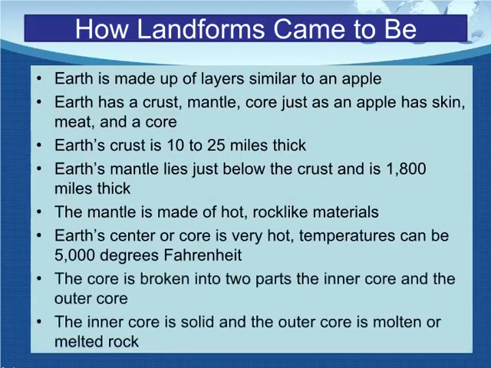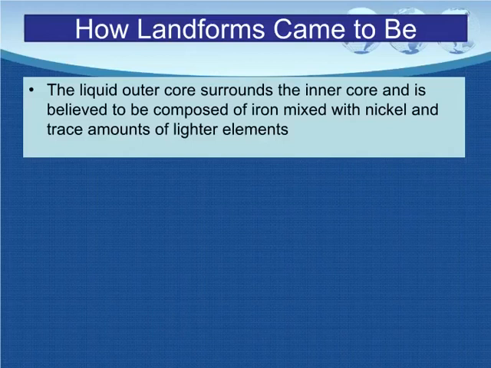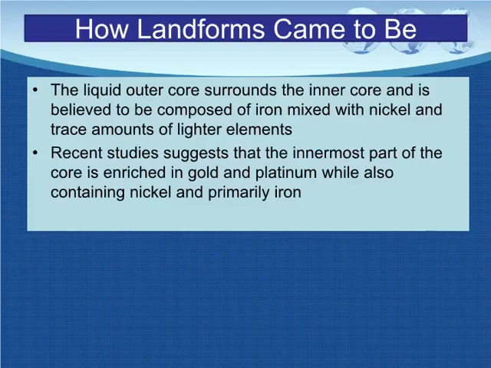The core is broken into 2 parts, the inner core and the outer core. The inner core is solid and the outer core is molten or melted rock. The liquid outer core surrounds the inner core and is believed to be composed of iron mixed with nickel and trace amounts of lighter elements. Recent studies suggest that the innermost part of the core is enriched in gold and platinum while also containing nickel